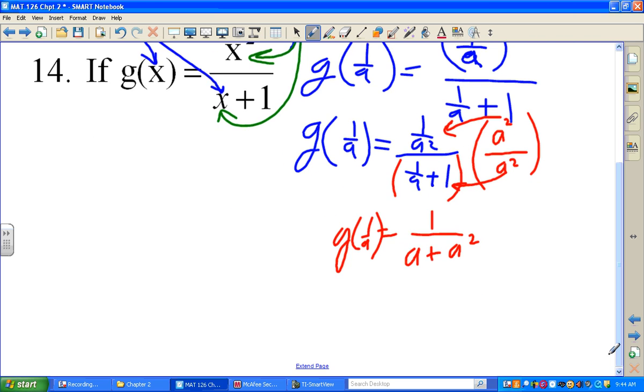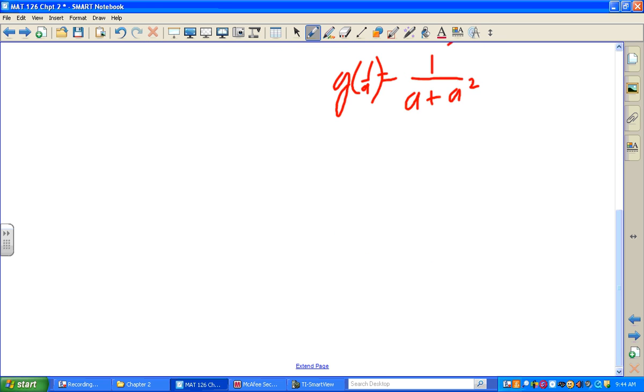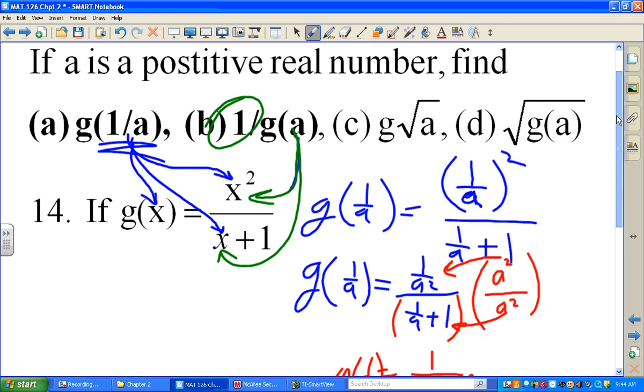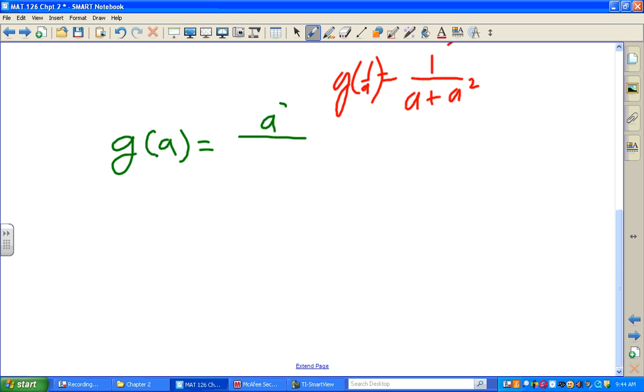Oh, this is great. So, G of A equals, let's see, A over, is it A squared? Yeah, A squared over A plus 1. A squared over A plus 1. That's the G of A part. The 1 over part,